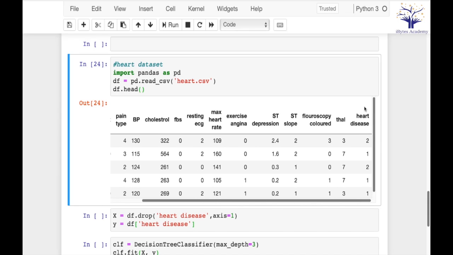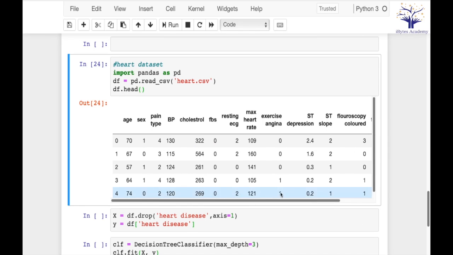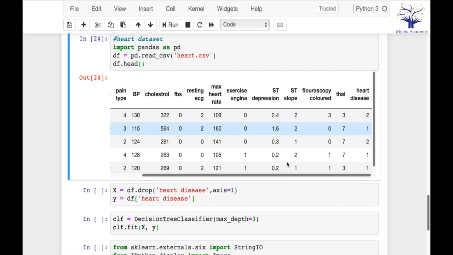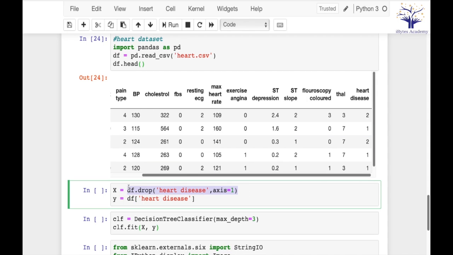So there are two classes, class 1 and class 2. This is basically a dataset for heart disease, right? And that heart disease is of two categories, that is class 1 and class 2, right? So except the last column, that is heart disease, I have put the rest of my data into X, and my last column, that is heart disease, will come